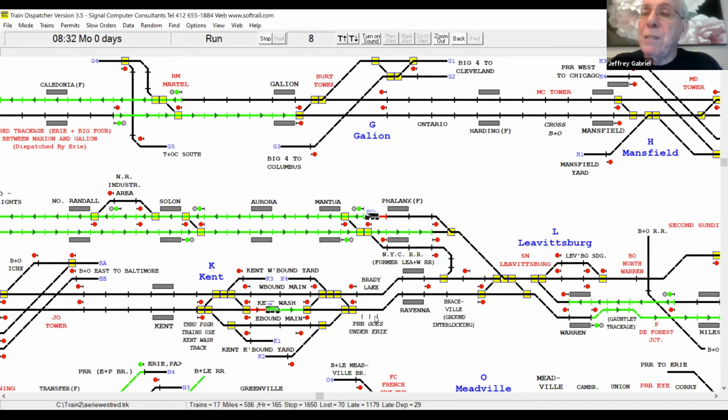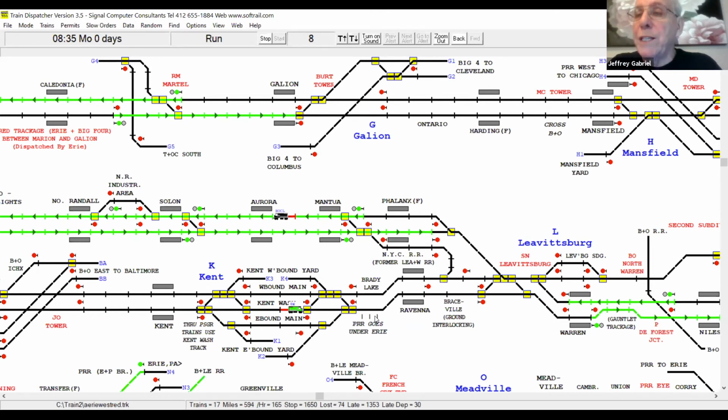I have these simulations. Most of the time, well, let me put it a different way. Basically, for example, the Erie West and the Lackawanna West run 24 hours a day. There are trains because freights and passenger run all night.